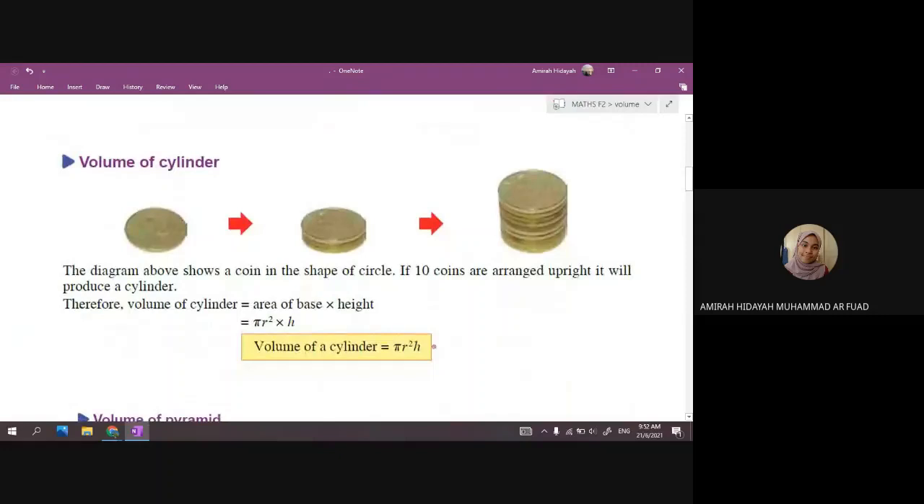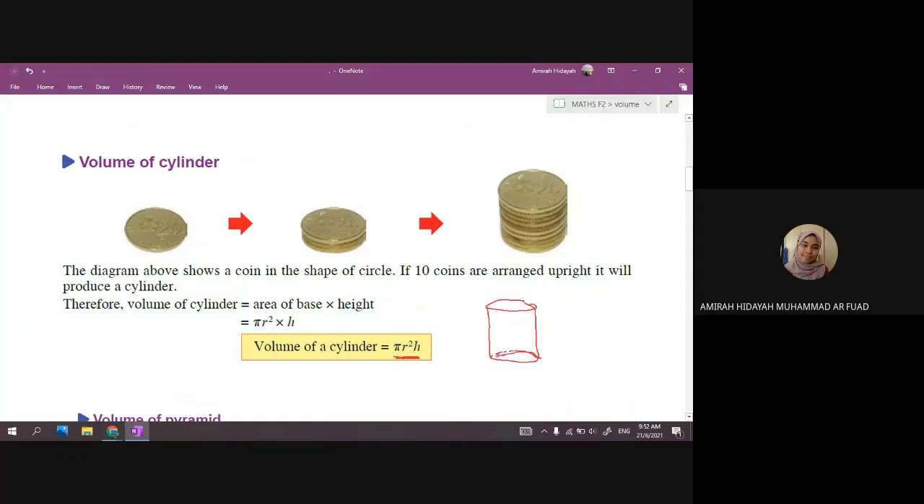Next, volume of cylinder is pi r square h. So kita tahu cylinder bentuk dia macam ni, right? Okay, so volume of cylinder ni adalah sebenarnya pi r2 ni datang daripada area of base of this cylinder, which